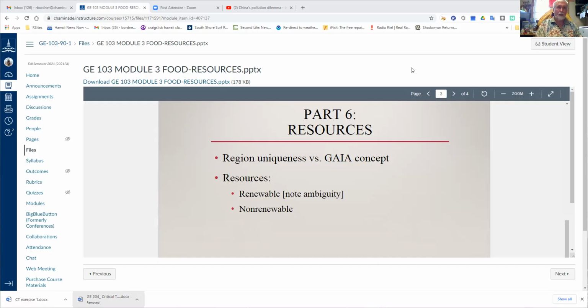And this is what we call the Gaia concept. This has been sort of messed with, but in its original form, the Gaia concept was one of the Greek goddesses. But it basically said that you have to look at the whole planet as an organism, or sort of like a symbolic organism. So you could look at, for example, the movement of air and moisture in the atmosphere as being a form of the circulation system. That would include water on ground. You could look at the structure of the landforms as being basically like the skeletal structure of a body. So the key here is the idea that the whole planet has to be looked at as one system. You can't parse out one region versus another region and somehow pretend they're different.